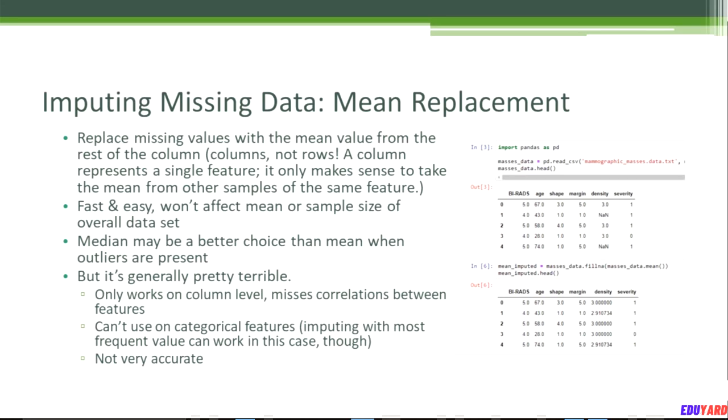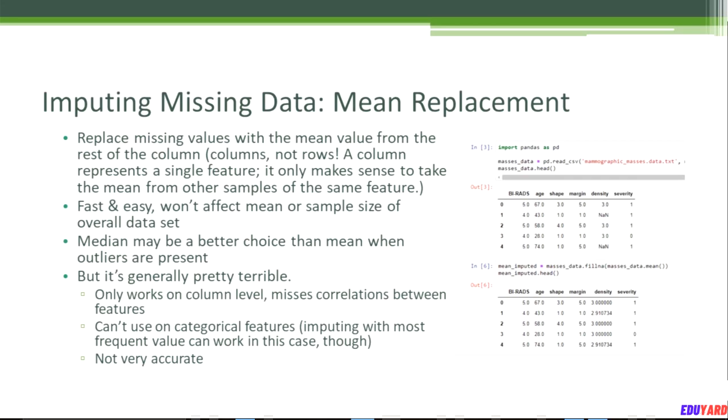Now one nuance is that if you have a lot of outliers in your data set, which is also something you have to deal with when preparing your data, you might find that median is actually a better choice than the mean. So if you have a data set of a bunch of people and maybe one of those columns is income, and some people don't report their income because they think it's sensitive, you might have your mean skewed by a bunch of millions or billions.